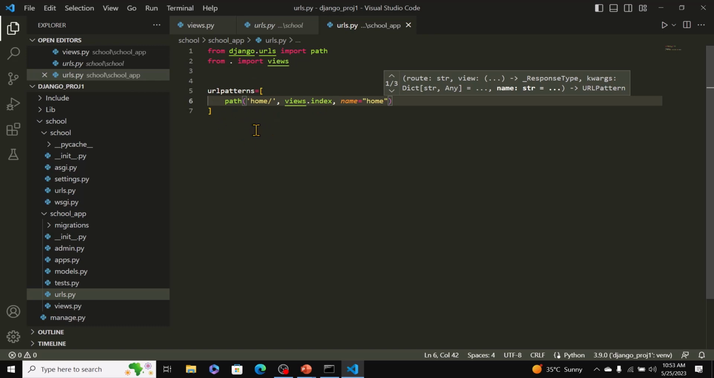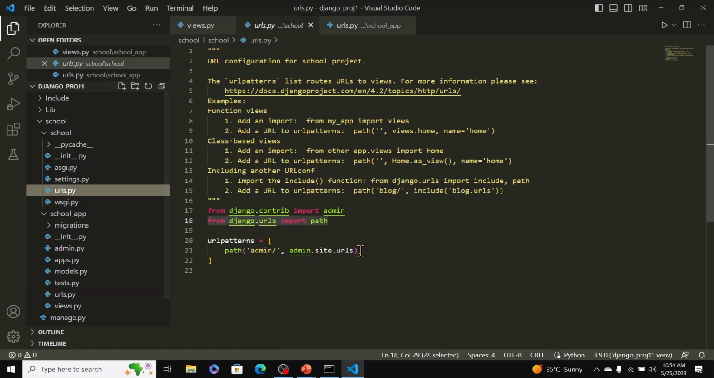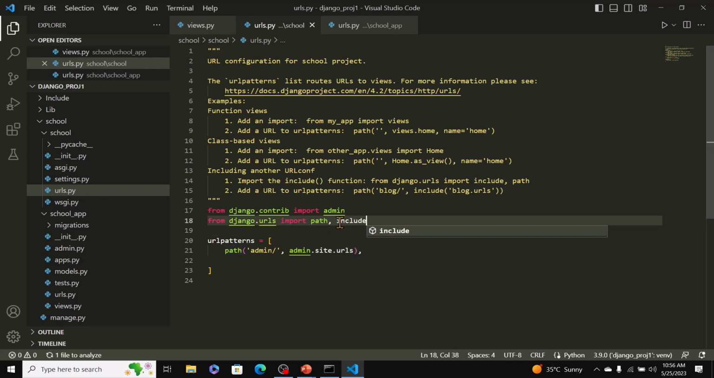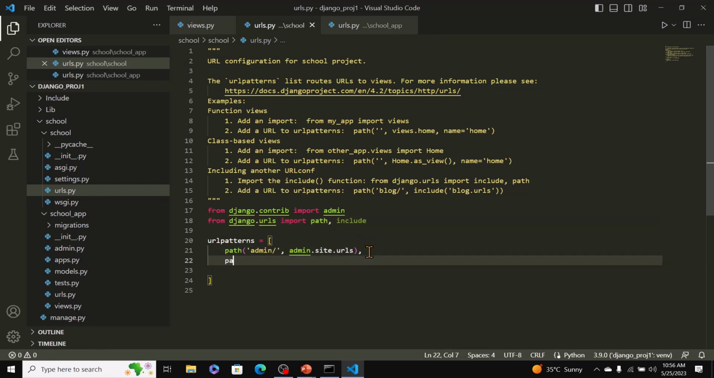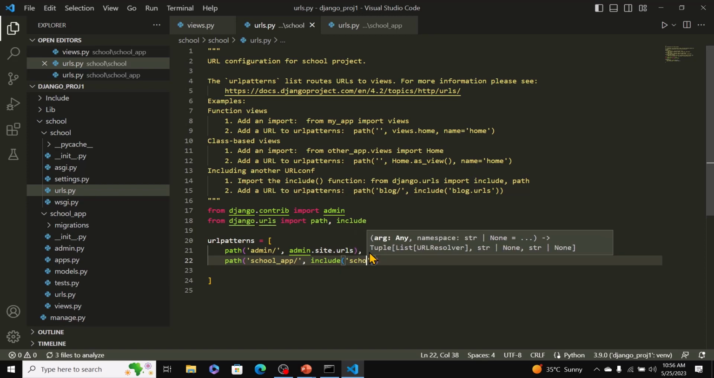What's the next step? We now need to point the root URL configuration at our app URLs module. And so to do that, we go to our project urls.py file. Now the first thing we need to do is to import include. What does include do? Well, first let's put in our path here, and this is going to specify our app name / and then comma include, and then within quotes put in the name of the app